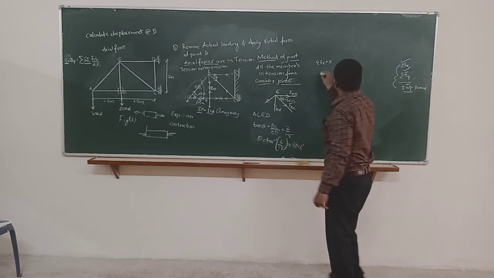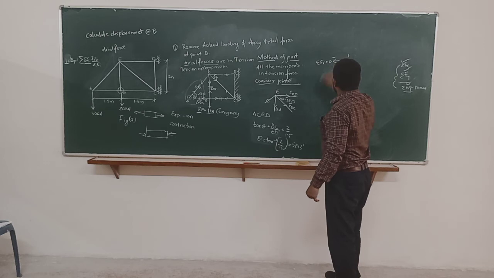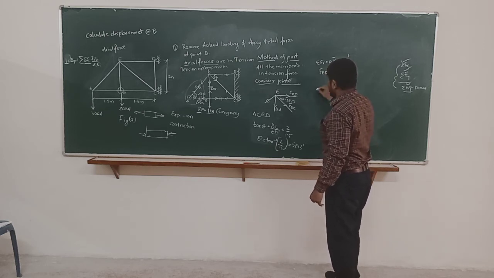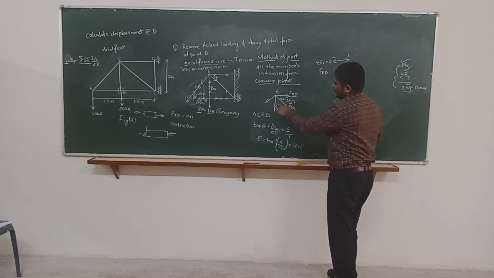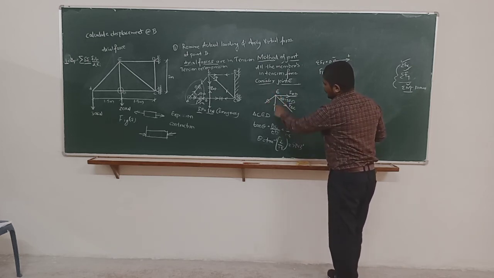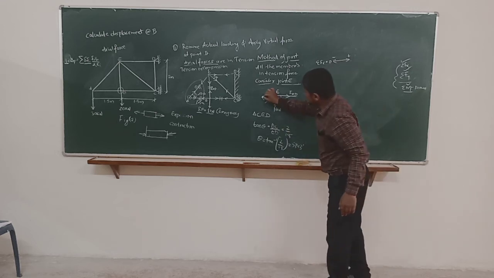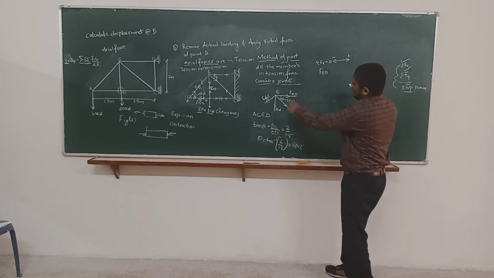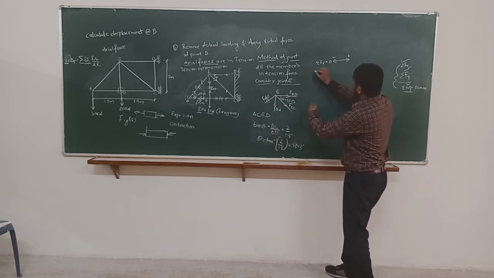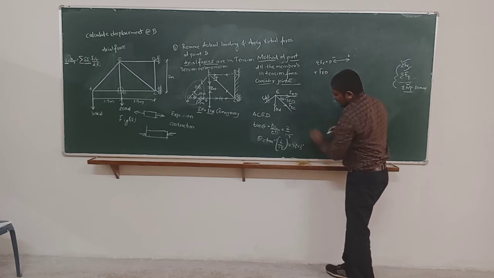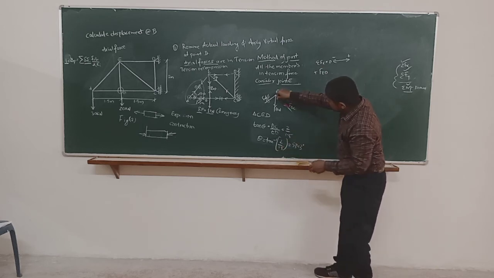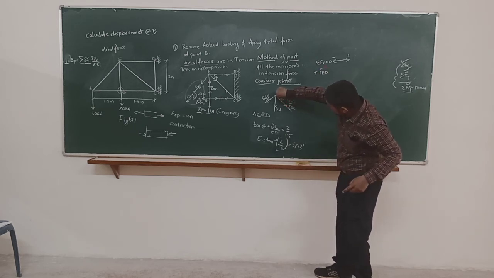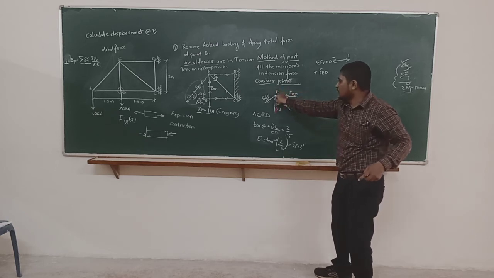Now summation of Fx. Right side positive, left side negative. Okay. FED. First we will think of only horizontal forces. This is already 0, so no need to take this. FA, okay, we can neglect this because it is already 0. FED is in the right side direction, it will become positive. Now FEC is an inclined force. So FEC, when you consider the x component, it will be resolved as a horizontal force. When you consider the y component, it will be resolved as a vertical force.